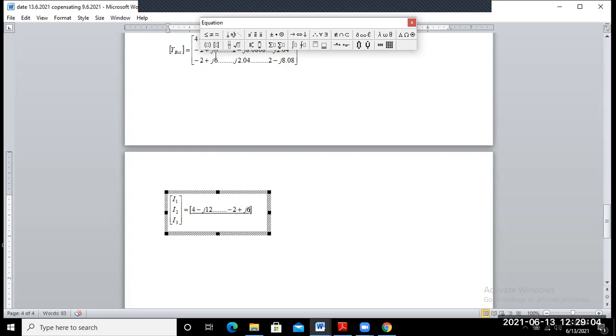Y33 is your minus 2 plus j6, minus 2 plus j6, minus 2 plus j6, and Y22